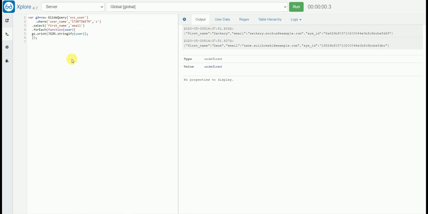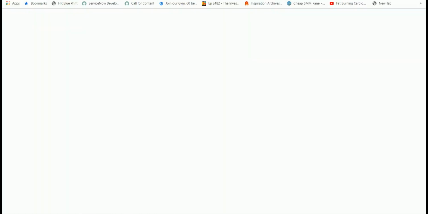Are they planning to launch this feature in an upcoming release, like Paris or Quebec? Not sure, man. It's in SAM Pro. I'll explore where it is used in SAM Pro. But if they are planning to bring it in Orlando, there are no docs related to this. If you search, okay,